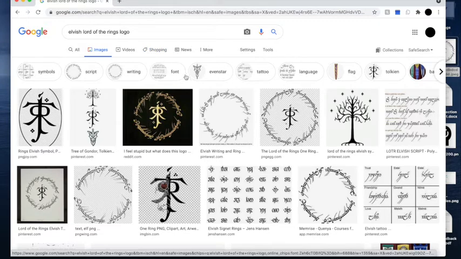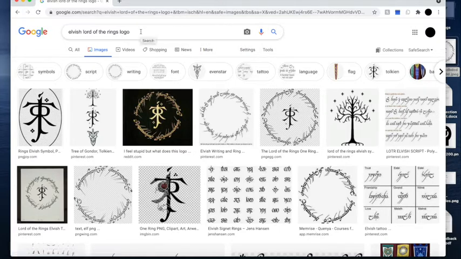Hello students. So, the first thing I want you to do is find an image that you think represents something about yourself, represents your own artistic flair. So for me, I selected something to do with Lord of the Rings, something that's a book I really like, a set of books I really like. So all I did was look up Elvish Lord of the Rings logo,